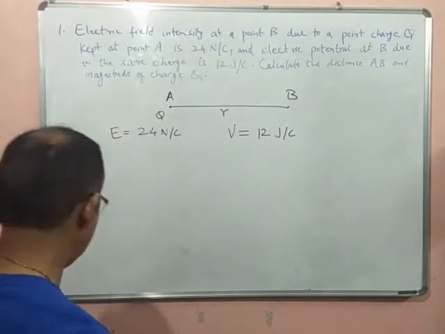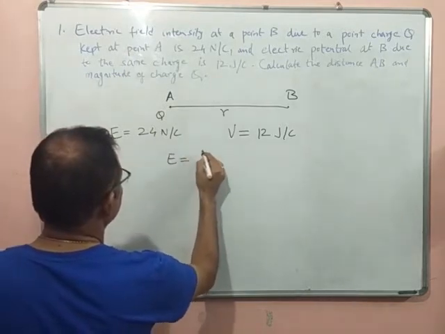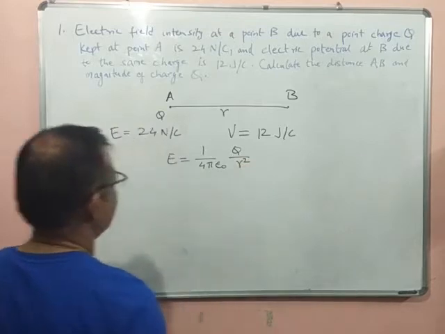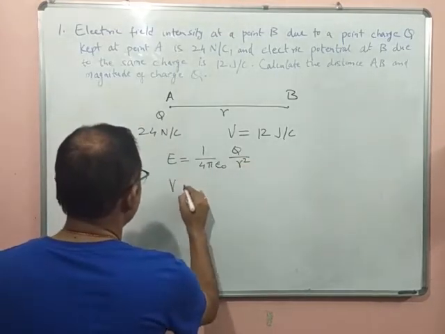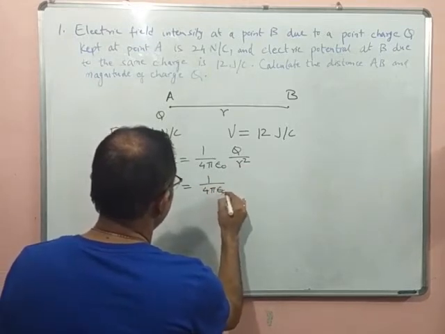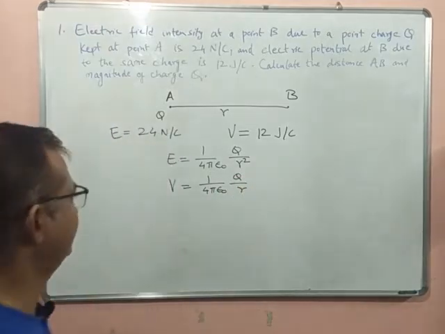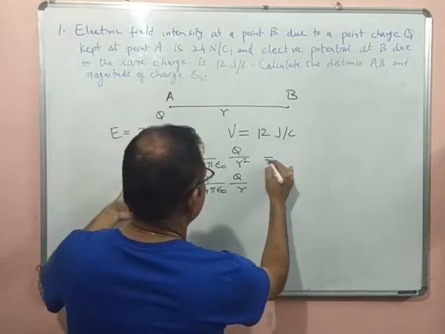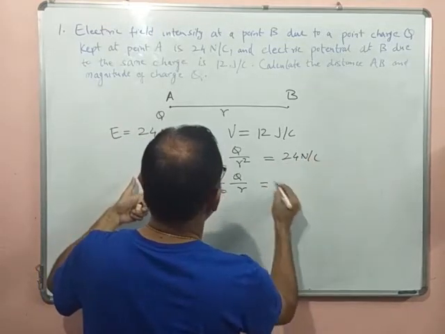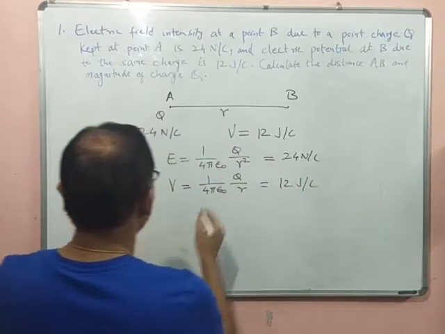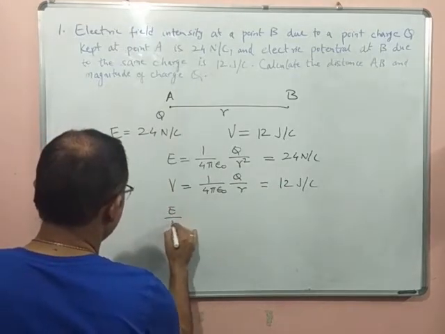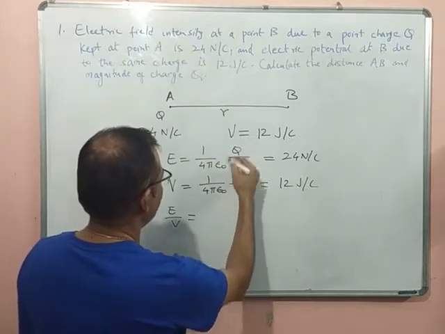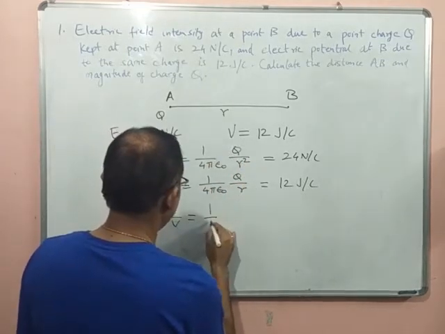The formula of E is 1 upon 4 pi epsilon naught Q upon R square, and the formula of V is 1 upon 4 pi epsilon naught Q upon R. Now, if I divide this electric field intensity, 24 Newton per Coulomb, by the potential, 12 joules per Coulomb, E by V, what will remain is, 1 upon 4 pi epsilon naught will cancel out, Q will cancel out, one R will cancel out. So 1 upon R